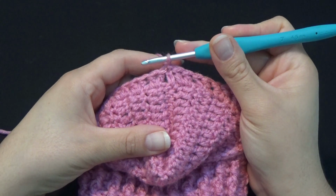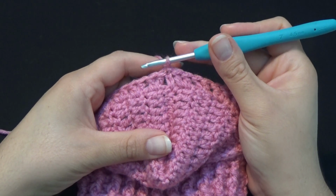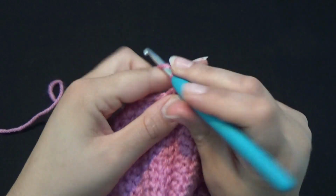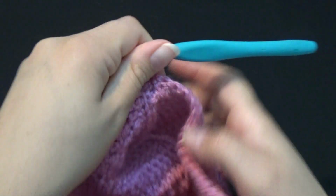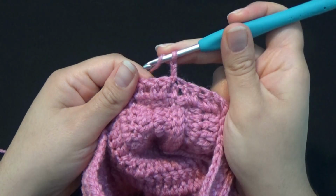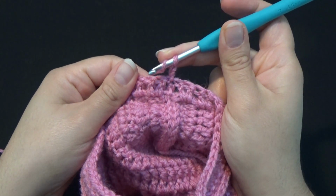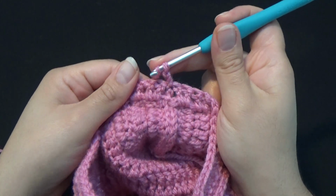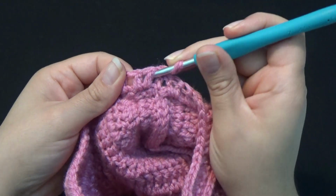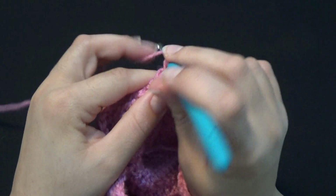We've completed row 24 with a total of 56 double crochet. From now on, I'm going to chain 2, turn my work, and now I am going to work 1 front post double crochet in each of the next 56 stitches. Starting from the first stitch, work a front post double crochet,